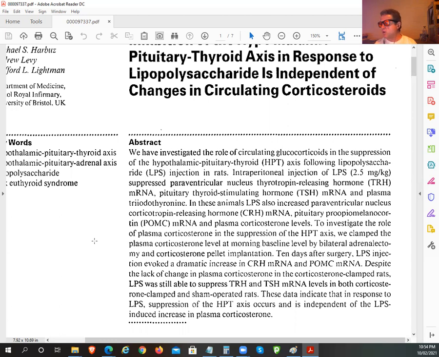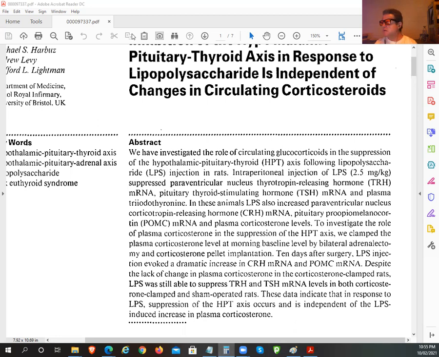We have investigated the role of circulating glucocorticoid steroids in the suppression of hypothalamic pituitary thyroid axis following lipopolysaccharides injection in rats. Intraperitoneal injection of LPS, 2.5 per kilogram. That's per kilogram. So